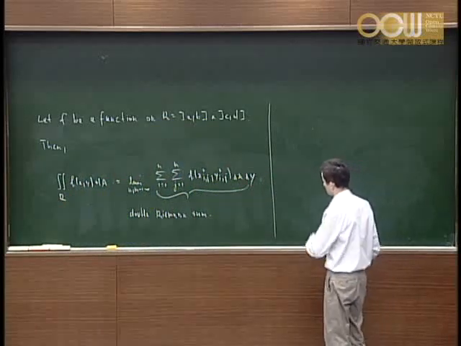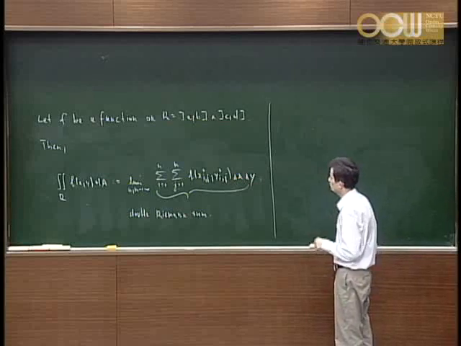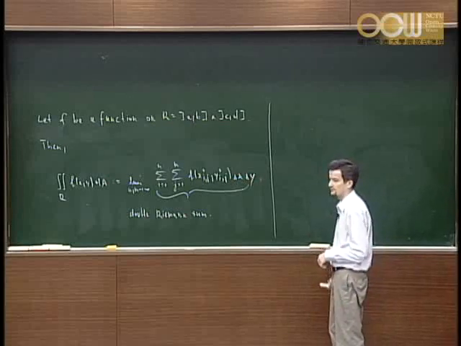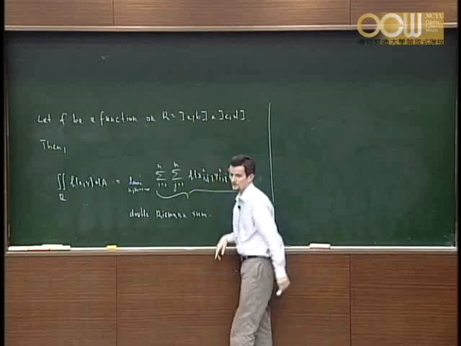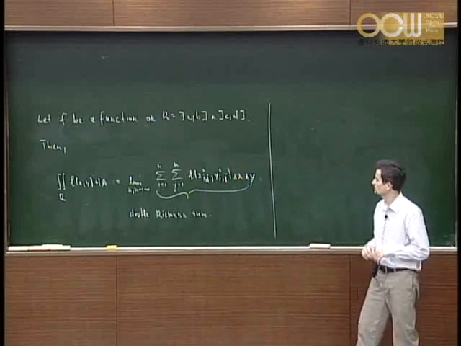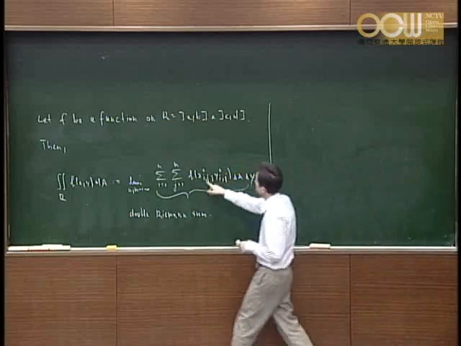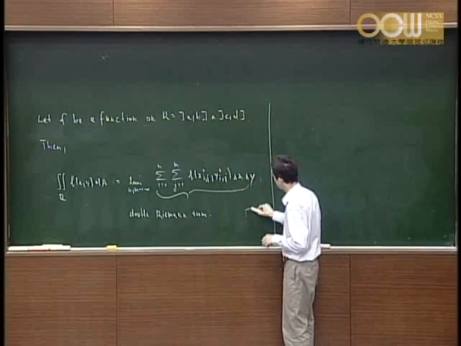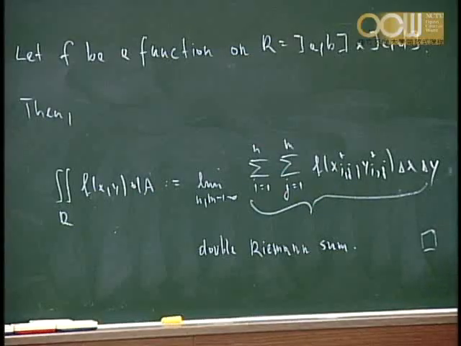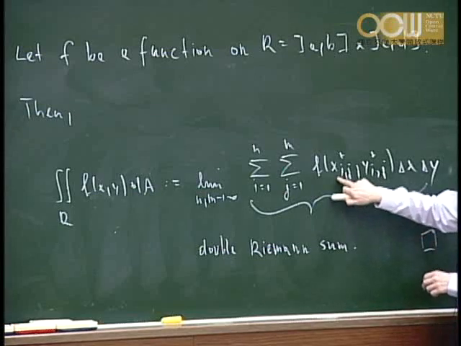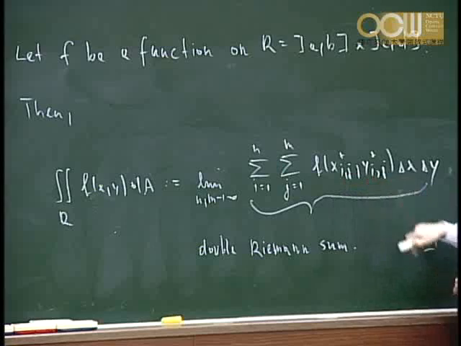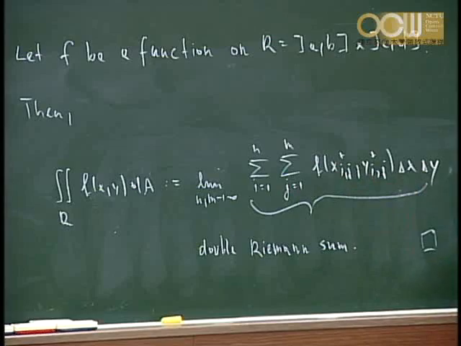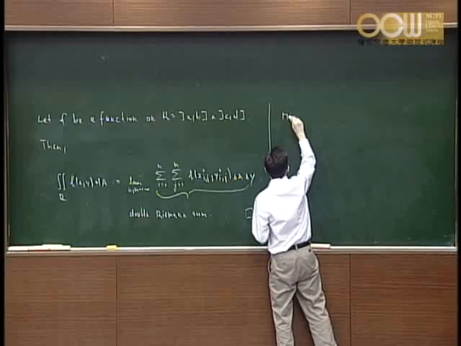Now, if you do such numerical computations, you still have freedom of choosing the sample points here. Of course, for instance, because you have rectangles now, one possible choice would be to always choose the upper right corner, which would correspond to choosing x_ij equal to x_i and y_ij equal to y_j. But another choice, which gives you the so-called midpoint rule, is you just choose the midpoints of every